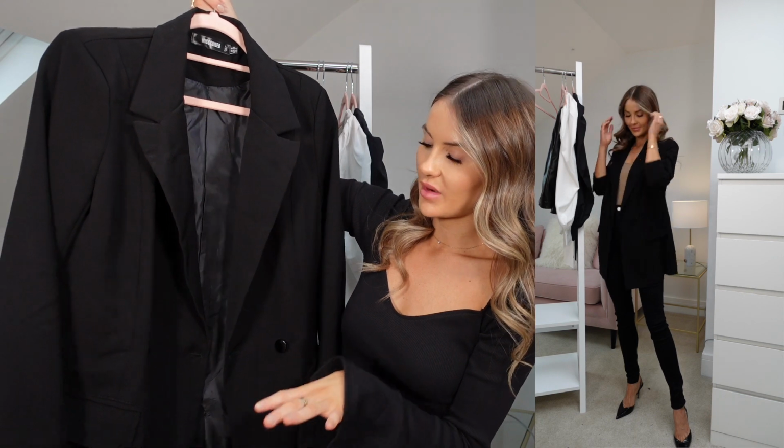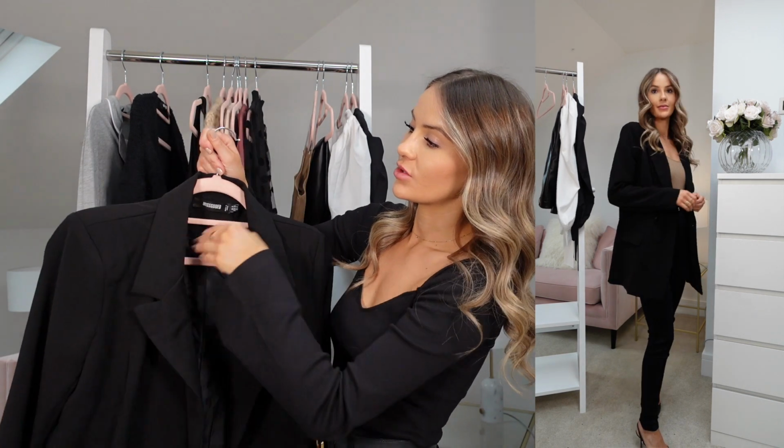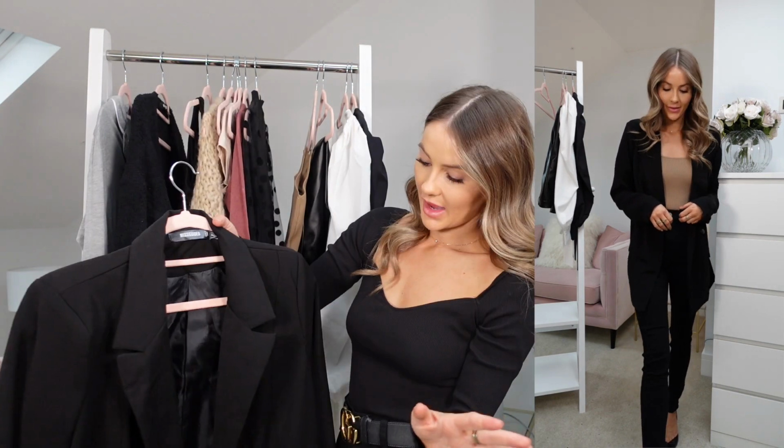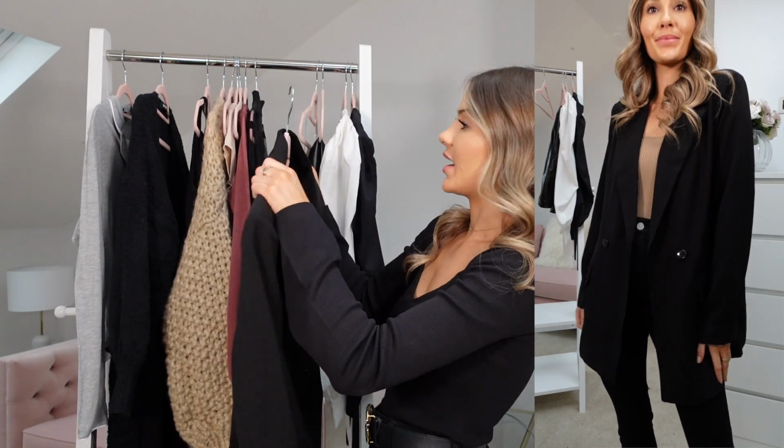This is a long line blazer, so overall it is a little bit bigger and longer and a lot more casual in the style of it. It does have little shoulder pads as well. I always look out for that, I think it really makes a blazer look so much more expensive when there is some tailoring on the shoulders. Again, this blazer will work over all of the tops and way more than just a Valentine's date night at